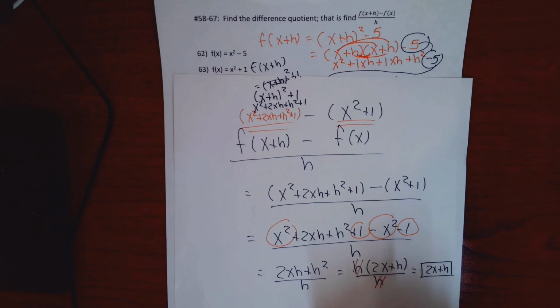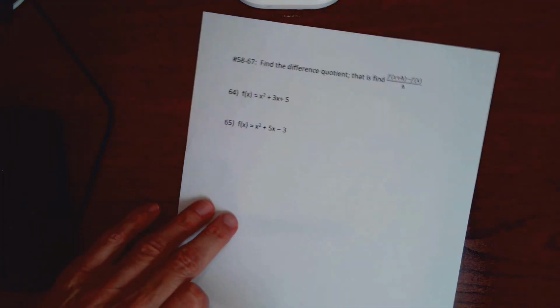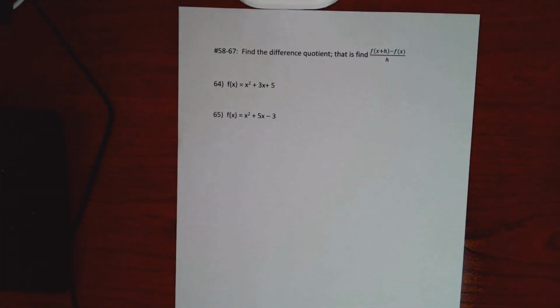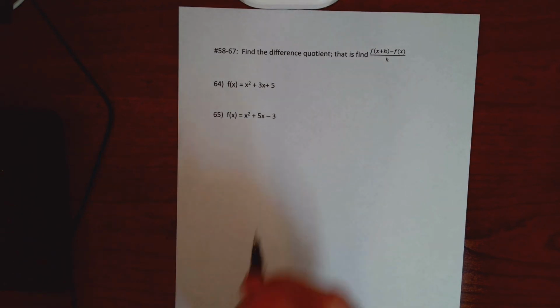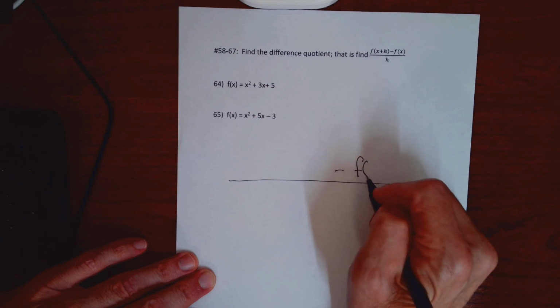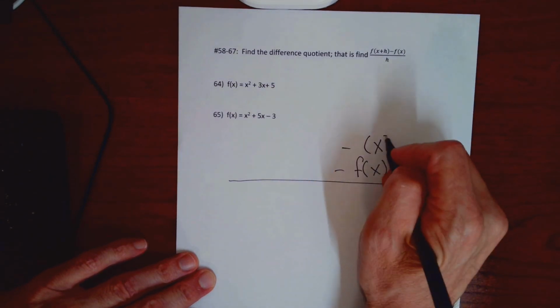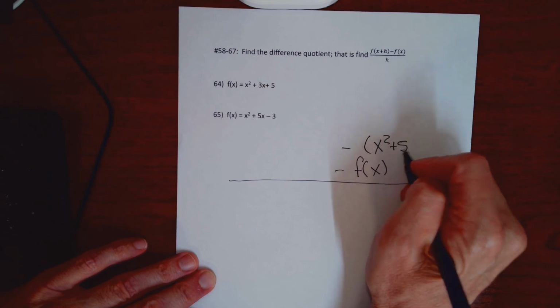One more problem because we're butting up against 30 minutes and we'll stop. But these difference quotients are important. Let's do 65 together. I'll leave you 67, which is its twin. So for 65, where the f of x's are in the numerator of the difference quotient, I'm going to put x squared plus 5x